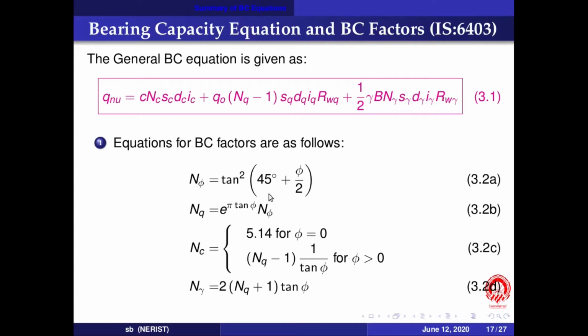And the values of bearing capacity factors given by our IS code are like this. These are already familiar to you,